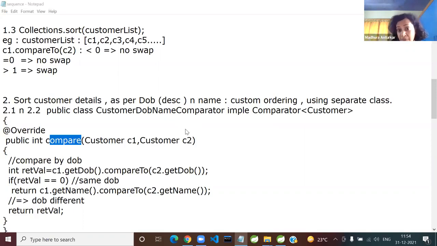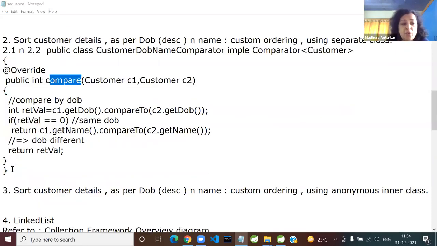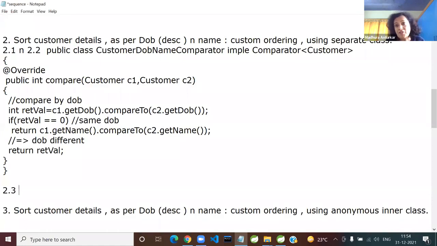Now we are entering an important part, which is your project needs and all that. So don't leave the doubts to yourself. Okay, so going ahead, this is how you override your compare. So 2.1 is done: created a class, implemented the compare method. Now tell me, the last step is more than easy. This is where your collection framework becomes so powerful. Do I have to write a sorting algorithm? Absolutely not. Which is the class which already has this?